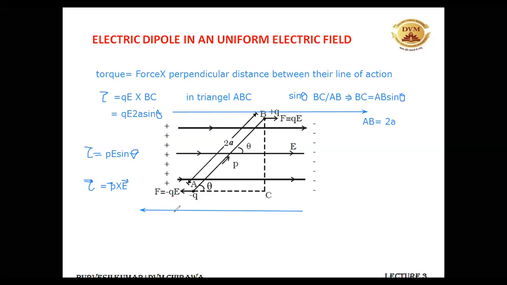What is the case if the dipole is placed in a non-uniform electric field? Instead of a torque, or along with the torque, a force should also be acting. When placed in a uniform electric field, it has only rotatory motion. But in a non-uniform electric field, it has a helical motion, because of the circular motion from the torque and the linear motion from the force, since these two forces are not equal in a non-uniform field.